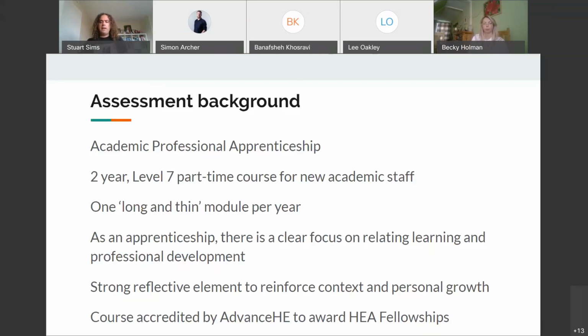The important thing to notice that underpins some of the assessments when I show you them shortly is that our course is accredited by the Advanced HE to award HEA fellowships. So the eFolio is one of the primary methods we check that accreditation, and that's something which could be worth bearing in mind for anyone who has a professional standards body who accredit their courses, because it's quite easy, as I think Becky's going to show you later, to